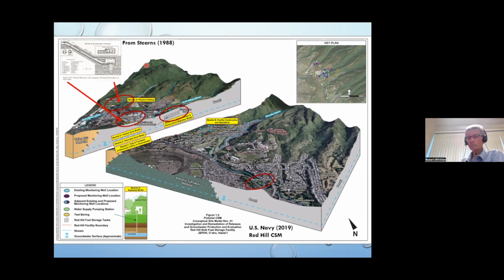Unfortunately, the water table is where the LNAPL resides, so that increases the risk of impactful contamination from any spill at Red Hill to these types of drinking water sources. To the southeast, we have conventional wells,